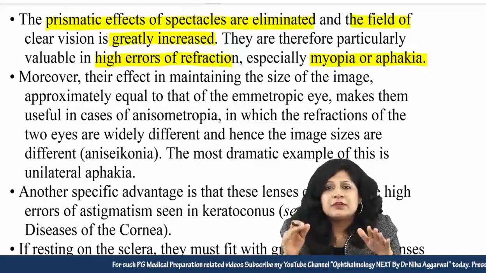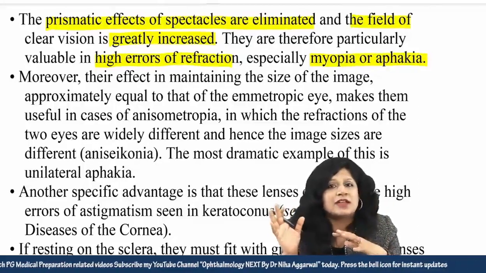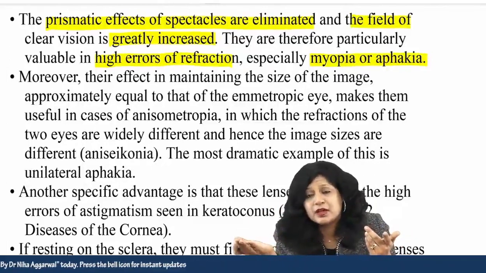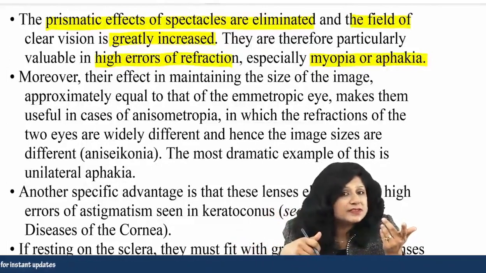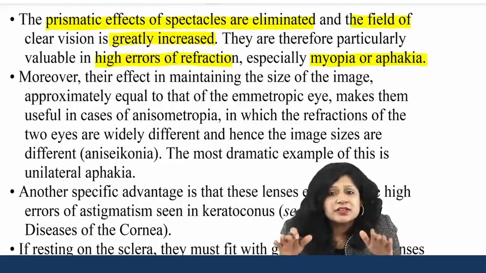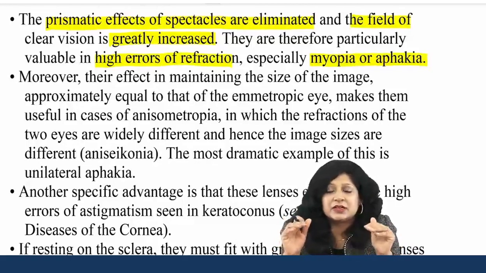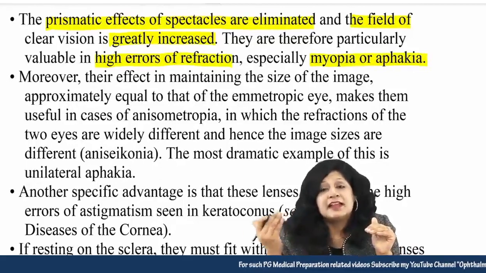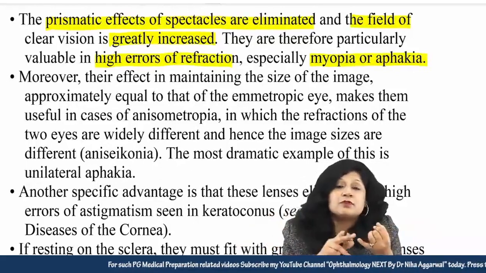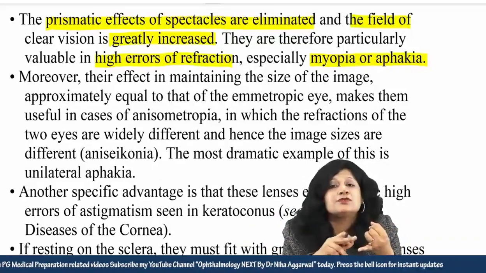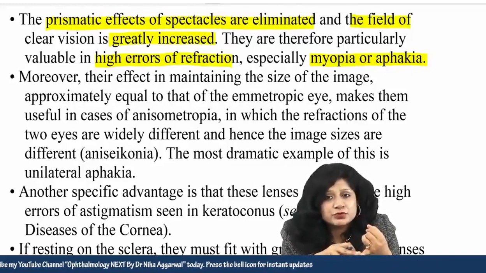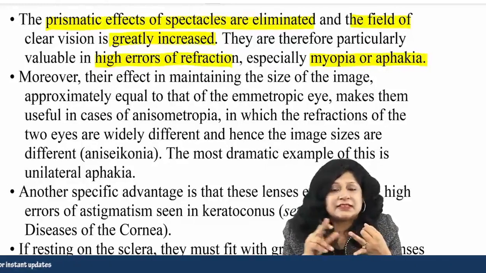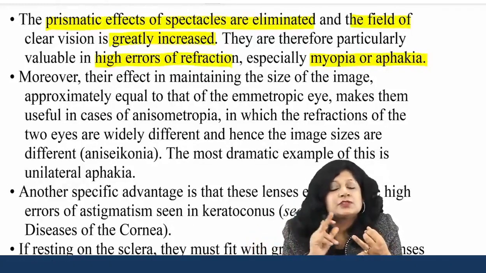So whenever you are expecting that amount of high refractive error, like it can be high myopia or it can be high hypermetropia. High hypermetropia you are getting in cases of aphakia. So in those conditions actually we can expect the problems related to anisometropia causing aniseikonia. Do you remember what was anisometropia? High amount of difference between the refractive error of two eyes, and that is leading to the difference in the image size. That was your aniseikonia. So that is going to create a problem.